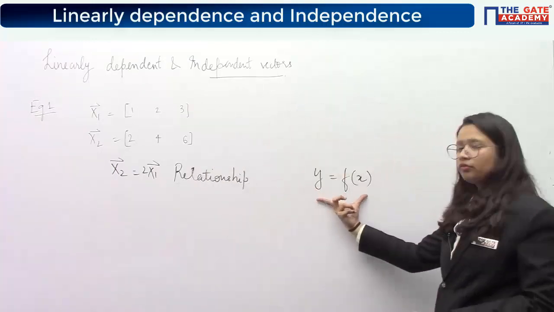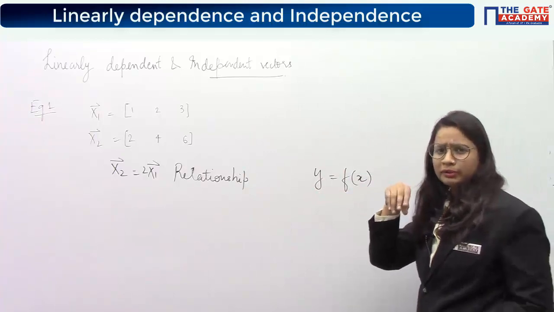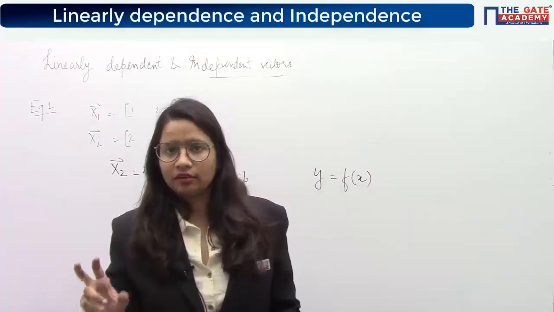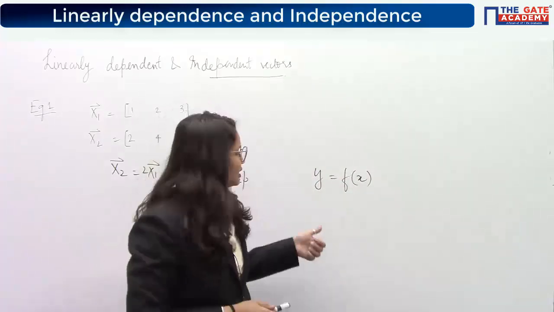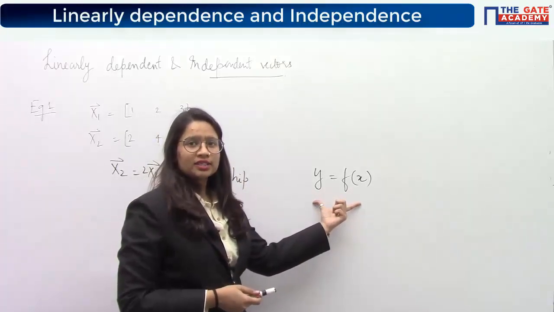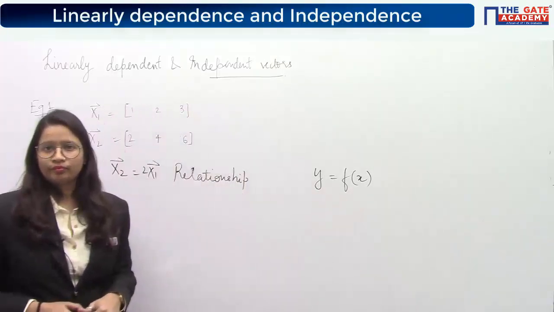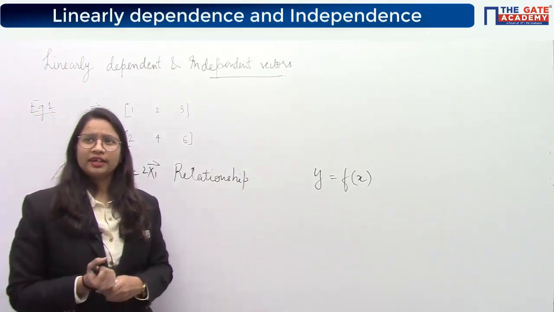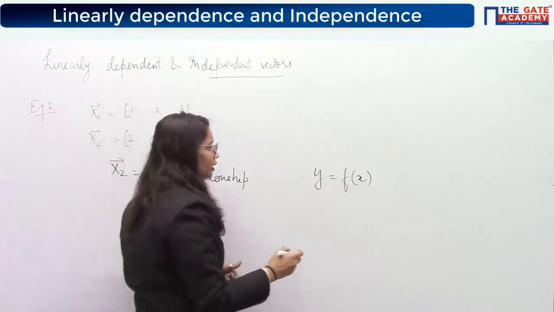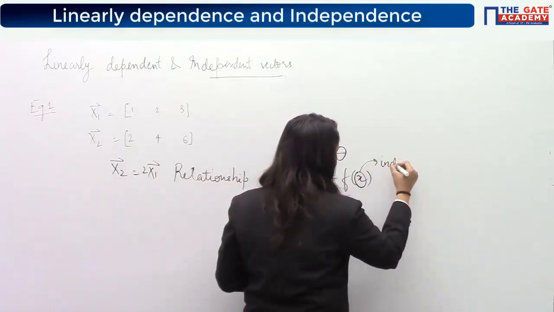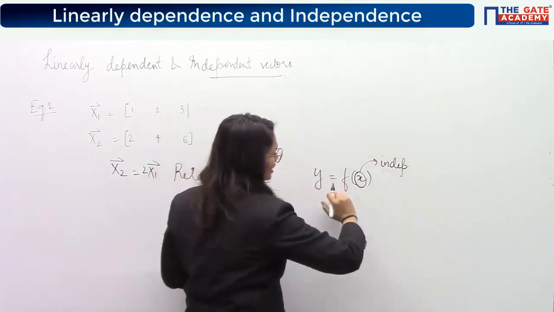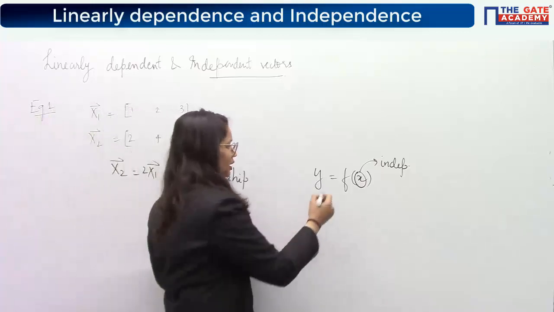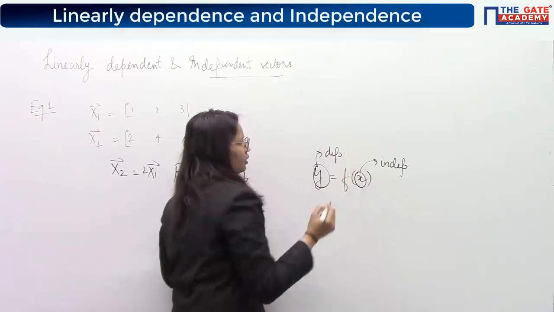Now coming to this one where I have written y is equal to f(x), you must be familiar with the two terms known as independent variable and dependent variable. Do you know that? In this equation, can you tell me which one is the independent variable here? Yes, this variable is known as the independent variable, and y is equal to a function of x. That means y is depending on x. That's why this is known as the dependent variable.